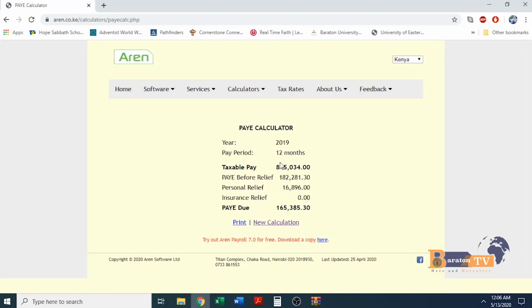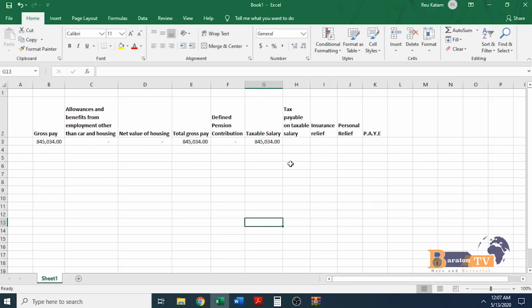We can see from the calculator, this is the pay calculator. The year is 2019. The pay period is 12 months. Taxable pay 845,034. Now you can see payee before relief. Now this is important to know. Personal relief, it's right here. Insurance relief, remember it's a 0, and the payee due is 165,385. And therefore now we are going back to our Excel sheet that we are trying to build up to